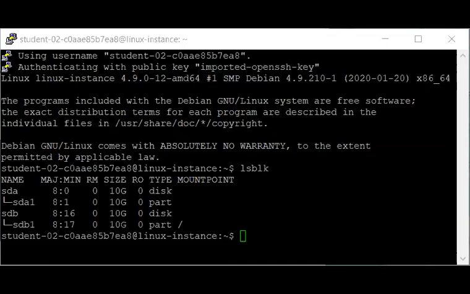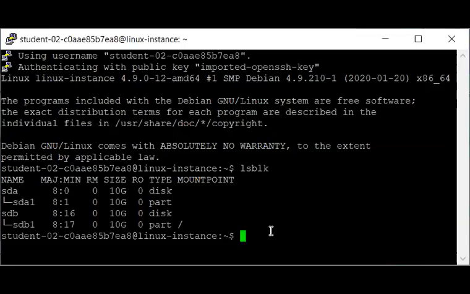Optionally, you can view blocks mounted on the system using the df command. This command is normally used to display the amount of space available on the file system. It lists all block devices with the available space on them. Use the -h option to display file sizes in human readable format.